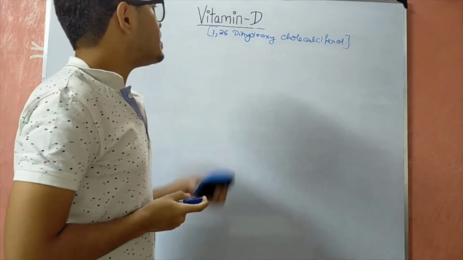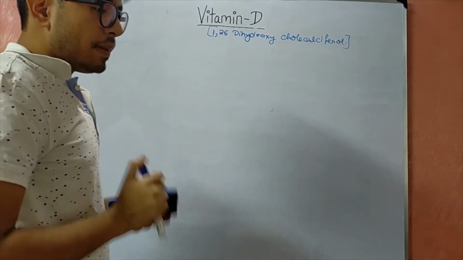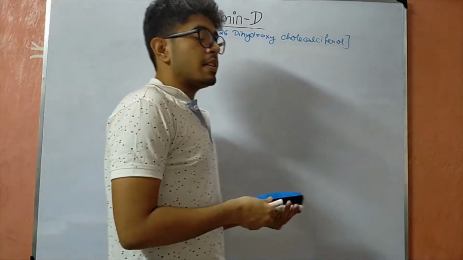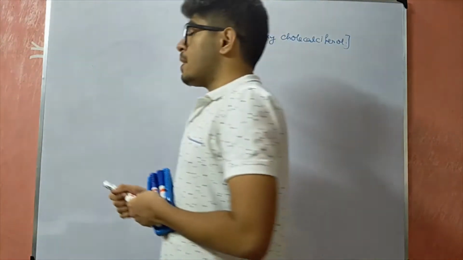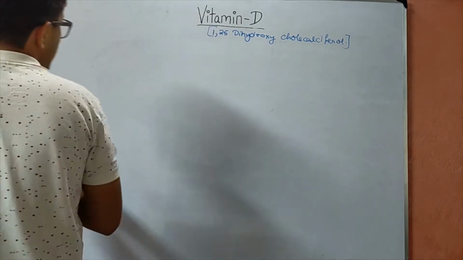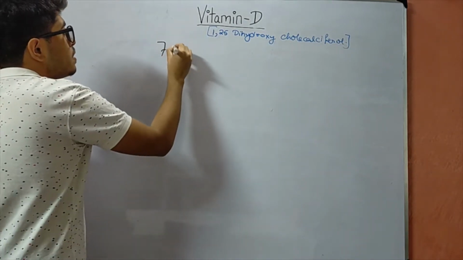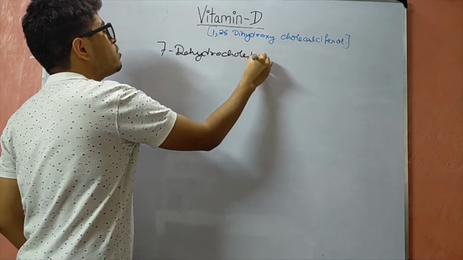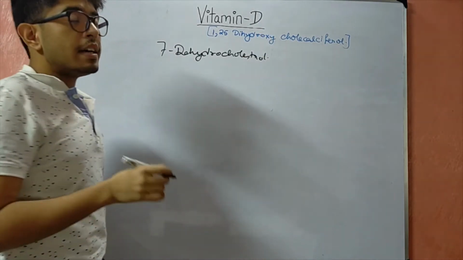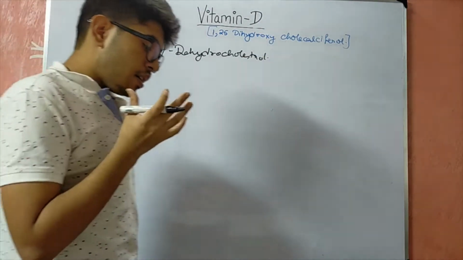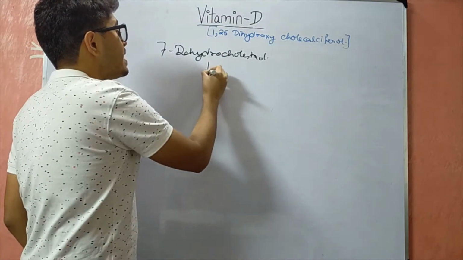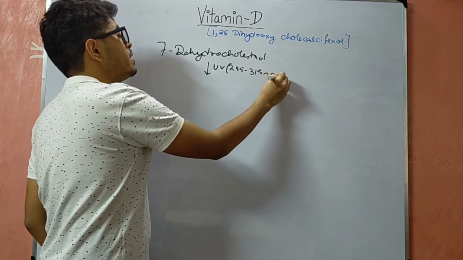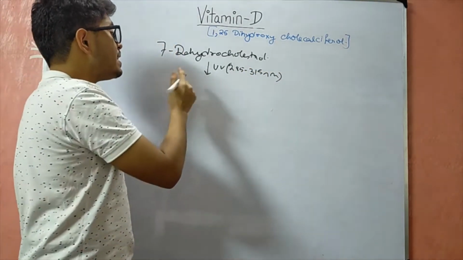So how is the biosynthesis of vitamin D taking place? In the skin, we have got Meissner cells, which consist of 7-dehydrocholesterol. 7-dehydrocholesterol is present in the Meissner cells in the skin. On this, when there is UV about 285 to 315 nanometer falling on the skin, it leads to the formation of